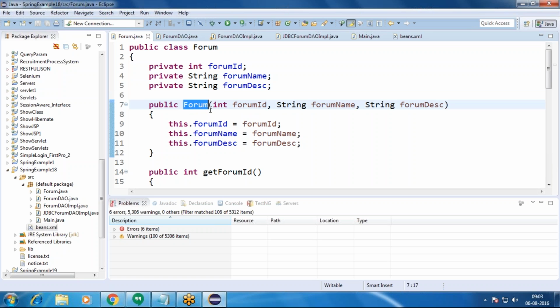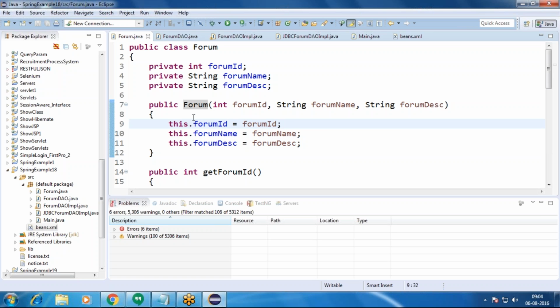What is meant by constructor? It represents the same class name.